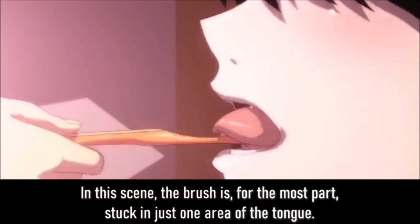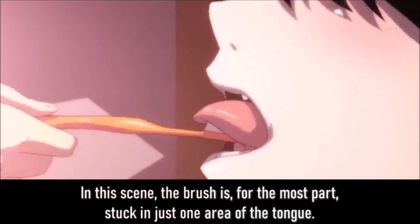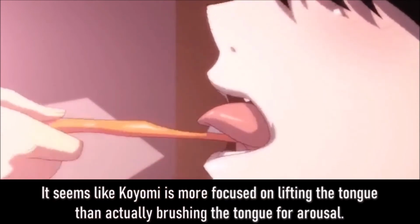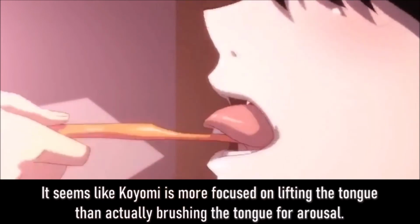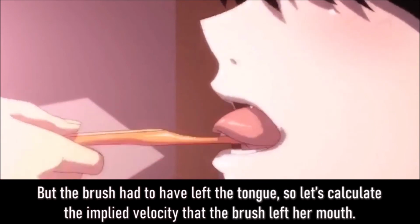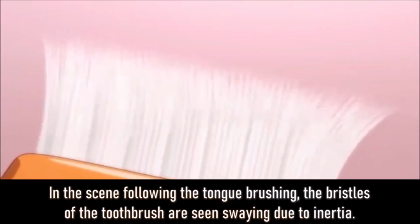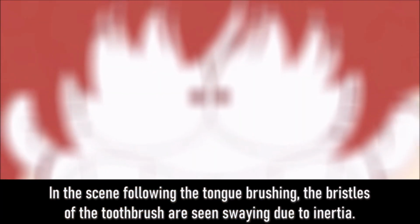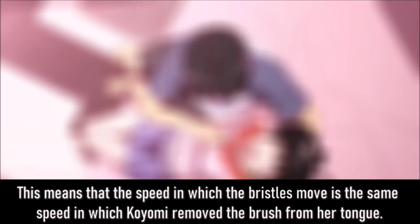In this scene, the brush is, for the most part, stuck in just one area of the tongue. It seems that Koyomi is more focused on lifting the tongue than actually brushing the tongue for arousal. But the brush had to have left the tongue, so let's calculate the implied velocity that the brush left her mouth. In the scene following the tongue brushing, the bristles of the toothbrush are seen swaying due to inertia. This means that the speed in which the bristles move is the same speed in which Koyomi removed the brush